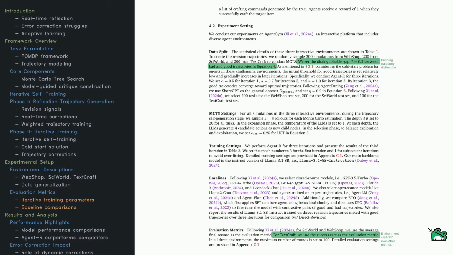The training goes on for 3 iterations, and parameters are fine-tuned along the way. For instance, MCTS uses a fixed number of rollouts, a specific tree depth, and a balance between exploring new possibilities and exploiting known good actions. On the training side, the model uses the instruct version of Llama 3.18b as its backbone, which provides a strong foundation in language understanding. They're comparing Agent-R against several popular models, both open-source ones like Llama 2 Chat and closed-source